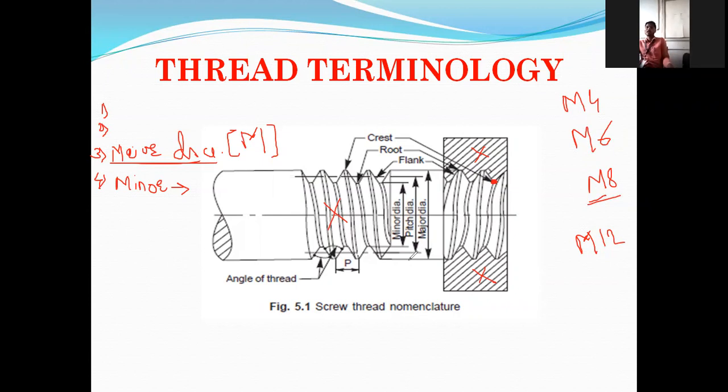So nuts and bolts are specified with major diameter. It is called M. Hereafter you remember, whenever you want to purchase a nut and bolt, it has a certain size, which is called the major diameter or nominal diameter. In practice, you might have seen a spanner, something like this. Maybe something like this. I have shown only one end. Here a number is written, suppose 22. Have you seen such? Here a number is written.